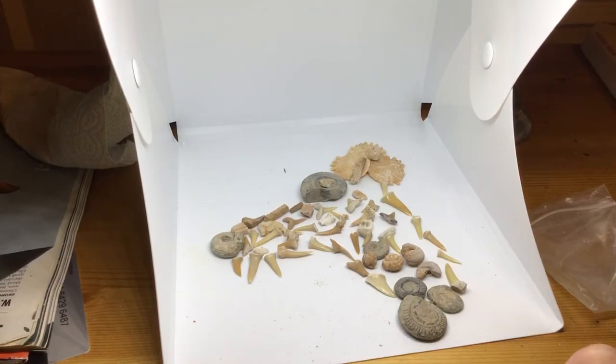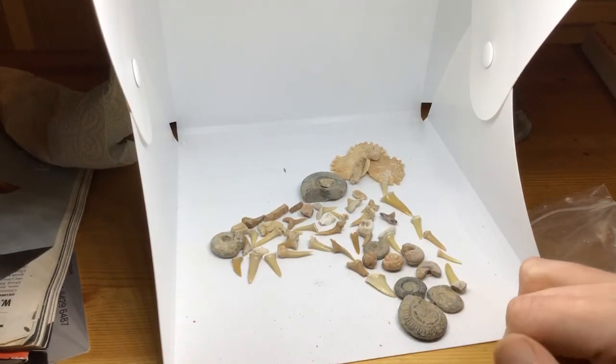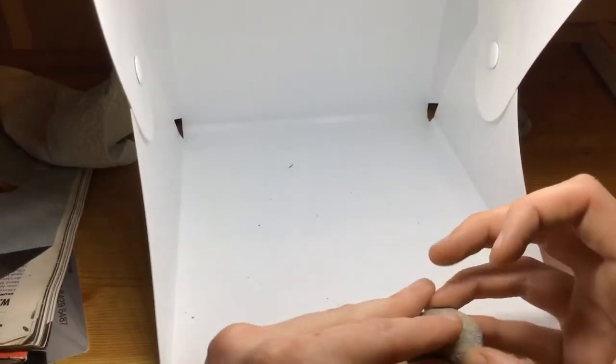Does it look like what I think it looks like, or does it just look like a weirdly assorted pile of fossils? I don't know. I might be reaching with this idea. This might be a bit too far out there as a feasible product. But